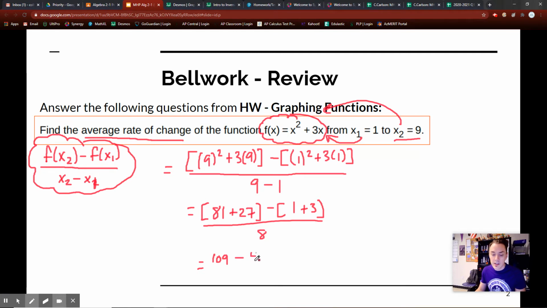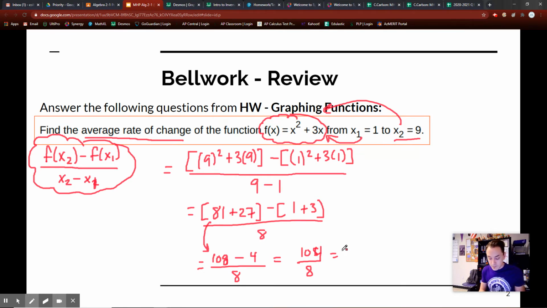And then minus 4, and then divided by 8. This is going to be 105, and then all over 8. Oops, sorry, I just noticed. Off my game. This right here actually equals 108, so I was just a little bit off. 108, so minus 4, that's just 104. And then if we take 104 divided by 8,